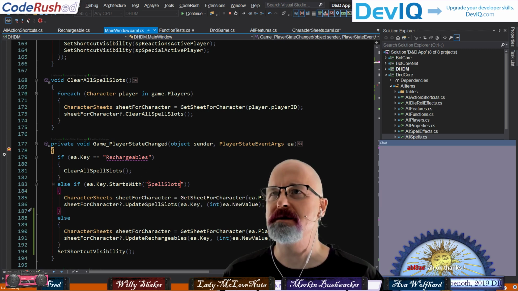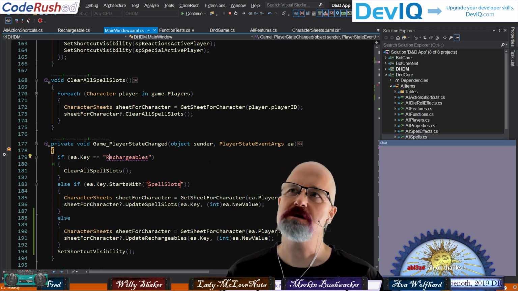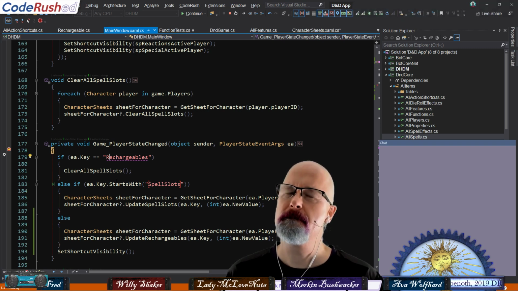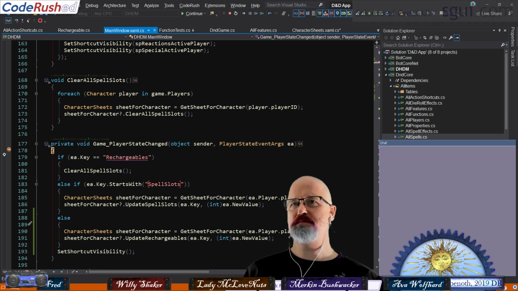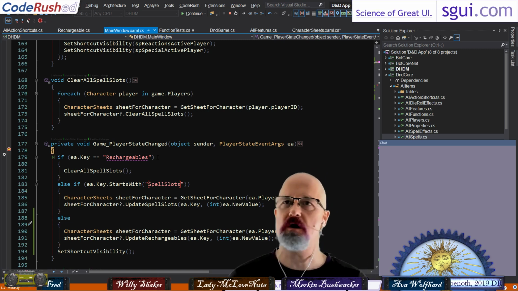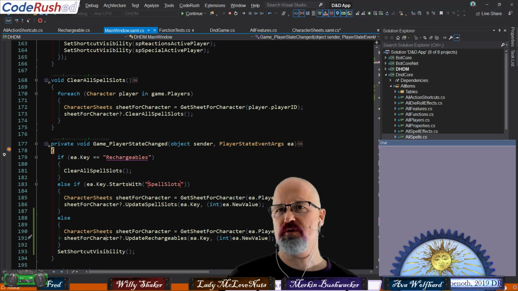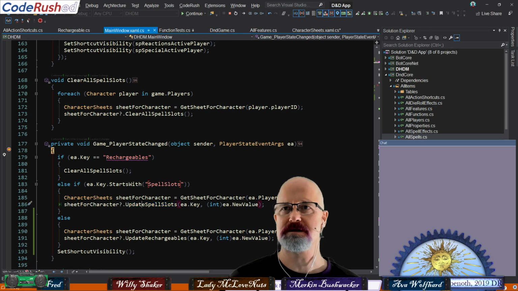I'm playing around with what I want to do here. I got this key called Rechargeables here. The question is, how do I know? Because player state change, all kinds of things can call this. So the question is, do I want to do any kind of pre-qualification before I come back out and update spell slots or whatever I want to call this thing?